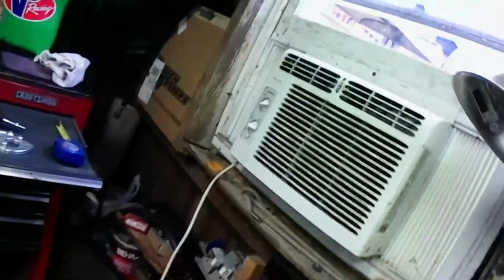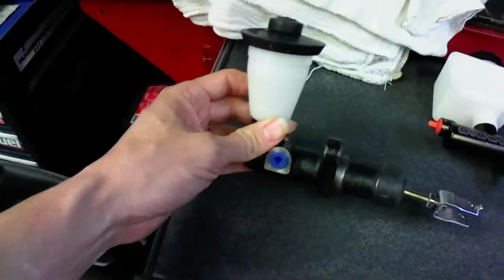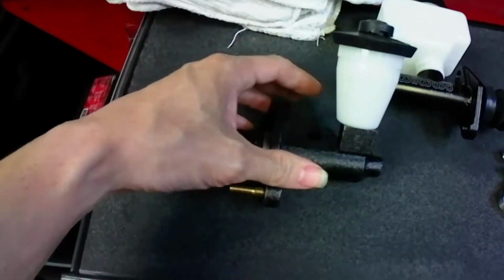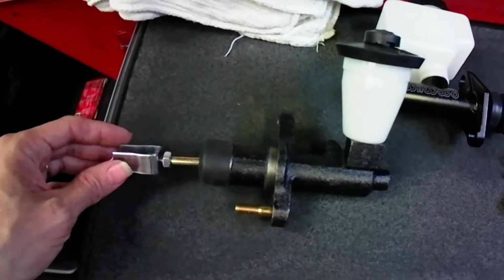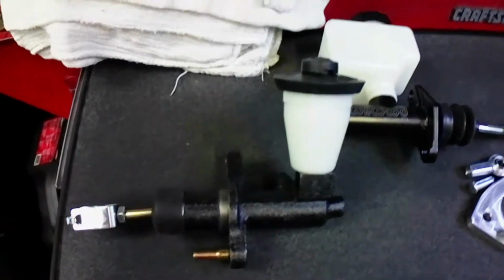So I'm thinking to myself, why? I'm almost positive I could piece it together and get everything to work a little cheaper. So I did. Here we have a Land Cruiser. Okay, I do have one. This is an official Toyota Land Cruiser